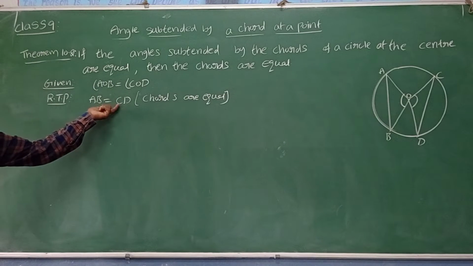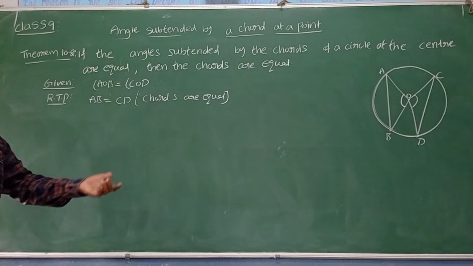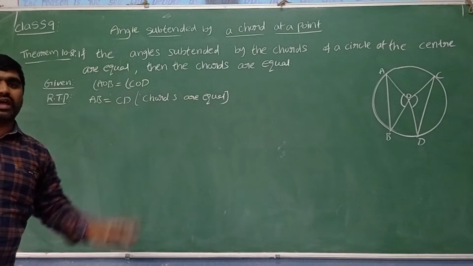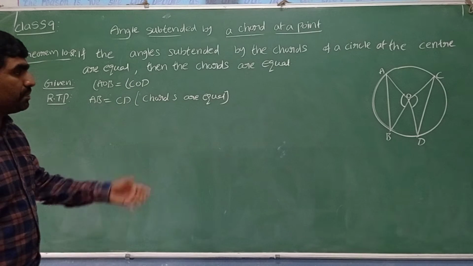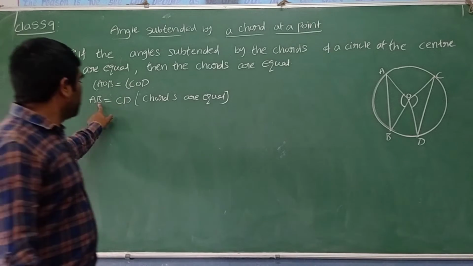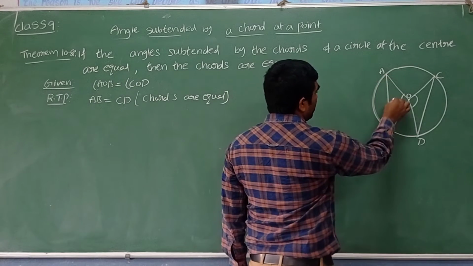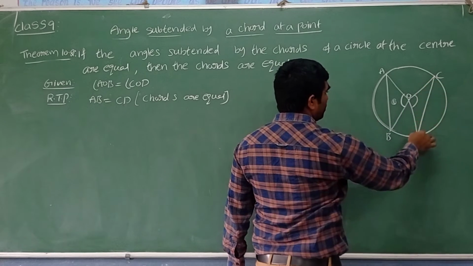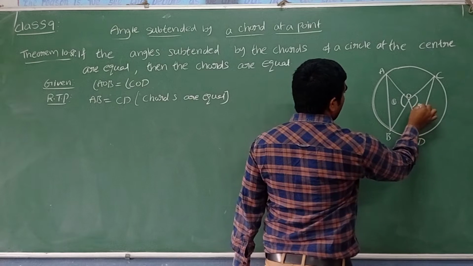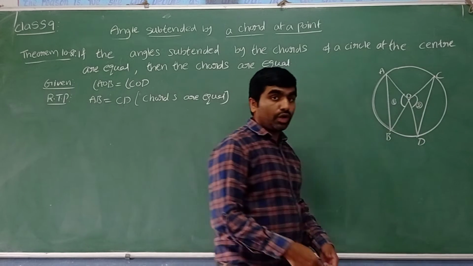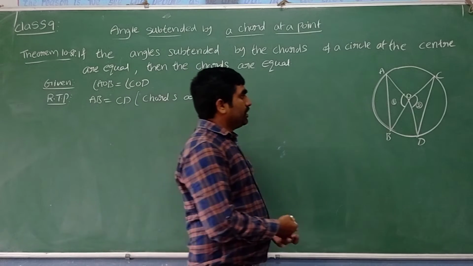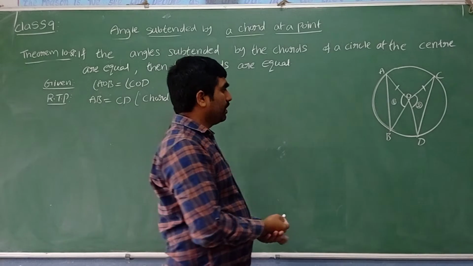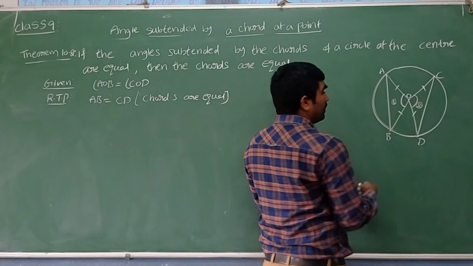See, they have to prove two sides are equal. Same like previous, when you want to prove two sides are equal, based on the two sides, take any two triangles and prove they are congruent. By CPCT, we can say now sides are equal. Based on AB, let me take one triangle AOB. Based on CD side, we take one triangle COD. Now we try to prove both the triangles are congruent. See here I can say OA is equal to OC. The reason: both are radius of same circle. And also we can say OB equal to OD, radius of same circle.